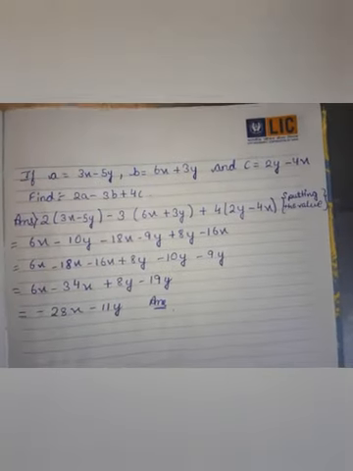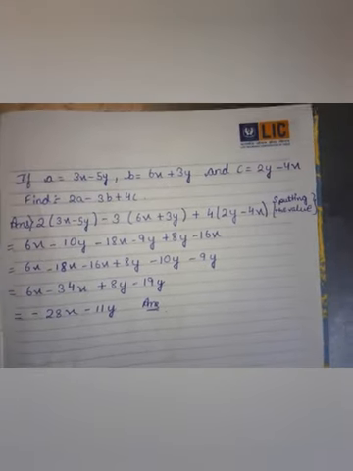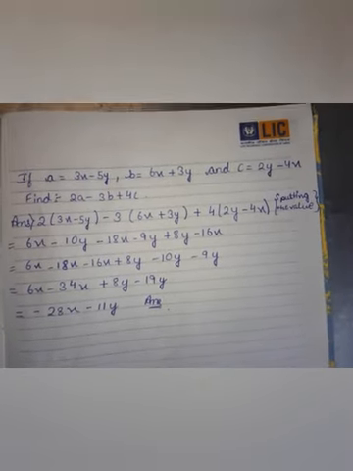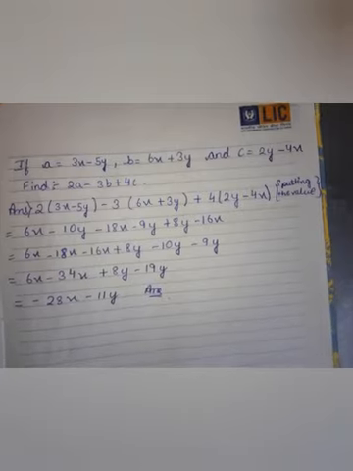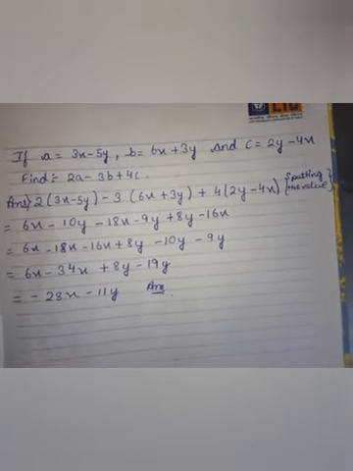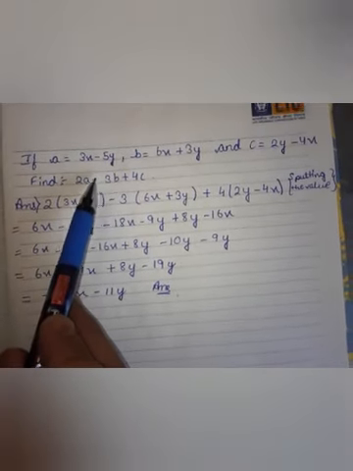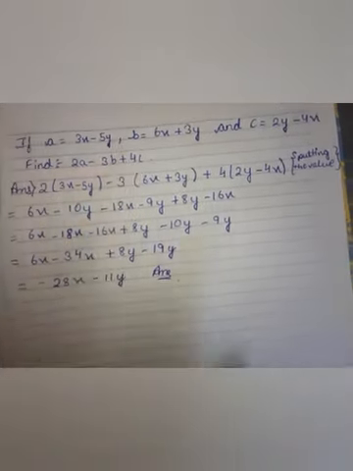Third and the last question of today's class. So the question is: if a is equal to 3x minus 5y, b is equal to 6x plus 3y, and c is equal to 2y minus 4x, find 2a minus 3b plus 4c. You know, 2a means 2 into a, minus 3b means minus 3 into b, plus 4c means plus 4 into